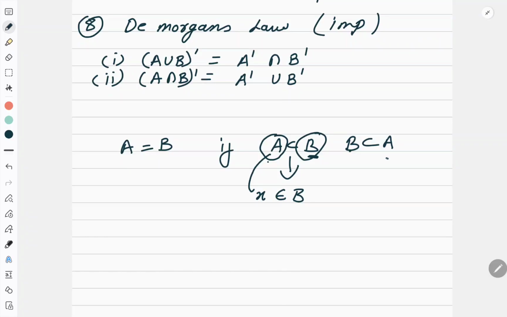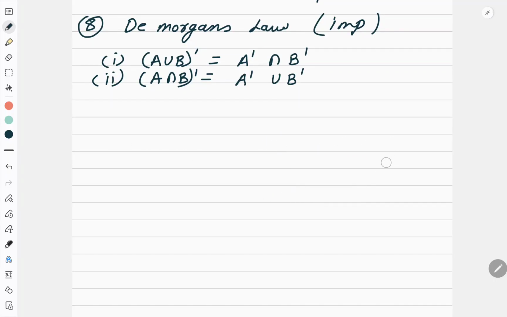Same way I will do for this. So every proof, when I am proving two sets are equal, has to go in two parts. First part, A is a subset of B, and second part, B is a subset of A. Correct? So now let us do the proof of De Morgan's law. And you have to keep in mind the basic definition of union and intersection. Okay? So let us start with the first one. The first one I will write properly and systematically as you should write in the exam. The second one I will just explain to you.